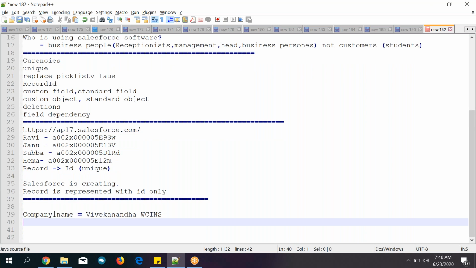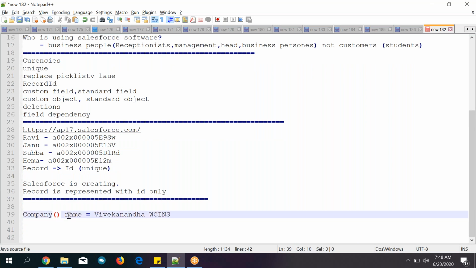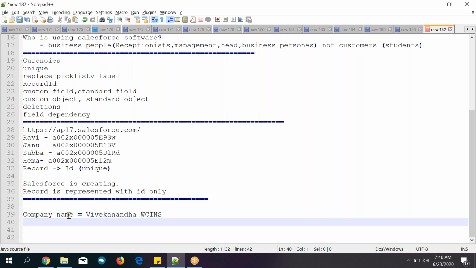Generally we can call company a corporate also. So a company can follow a standard currency.